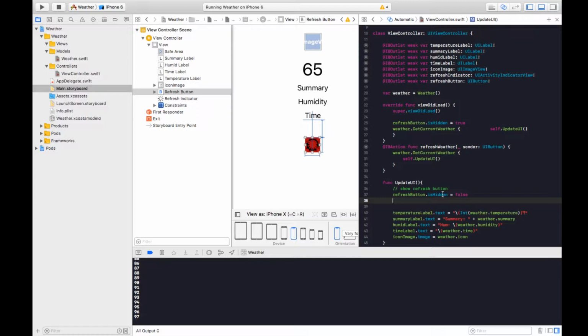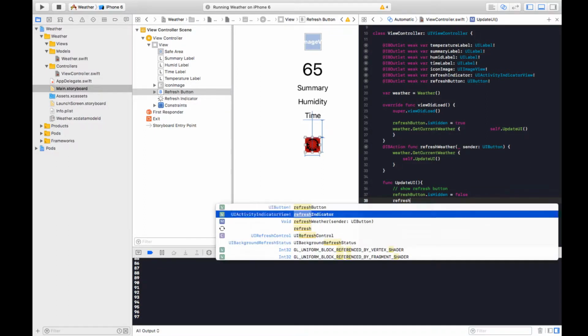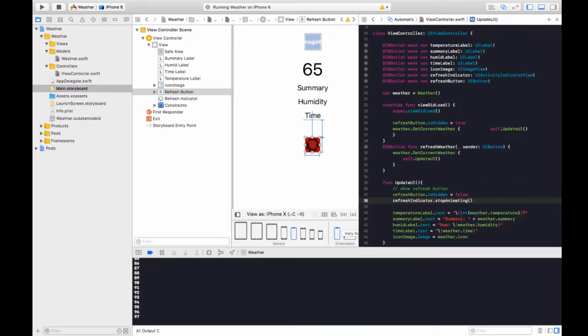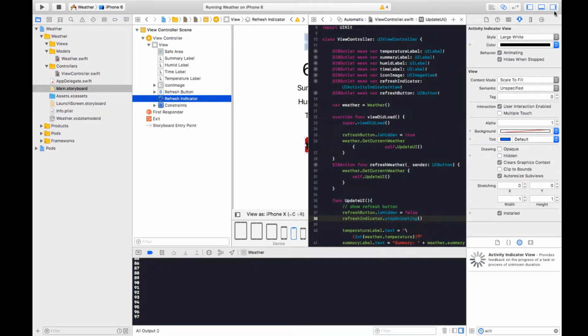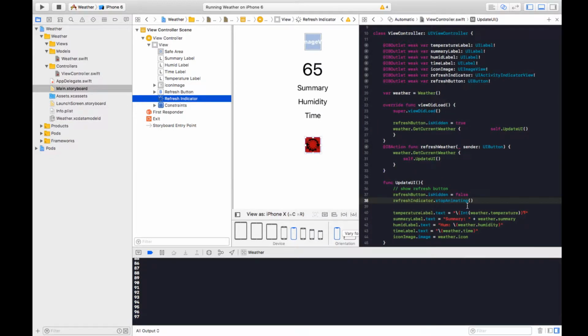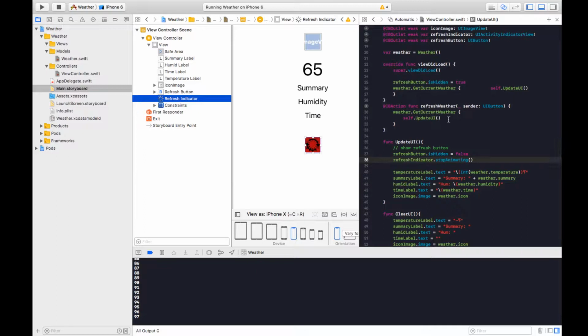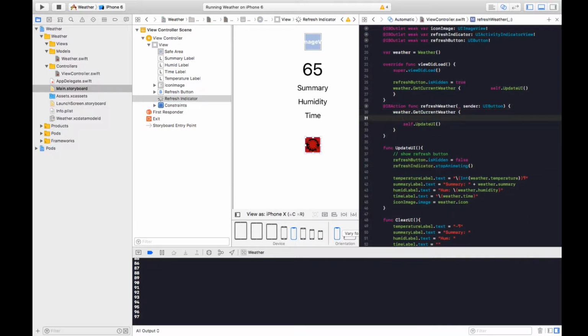So I'm just gonna write a comment, and then refresh indicator. Let's see what it is. Stop animating. Yeah. So since I checked that box that said hide when... what is it called? Hide when stopped. Hides when stopped. Yeah. So when I stop animating, it'll just hide it on its own, and then anytime we hit the refresh weather button, we want to say